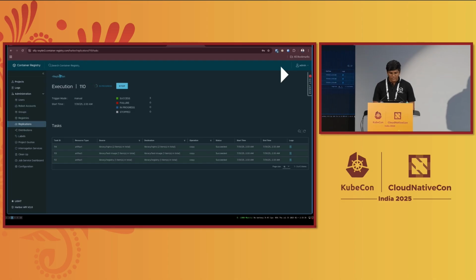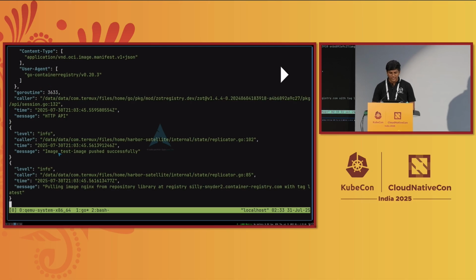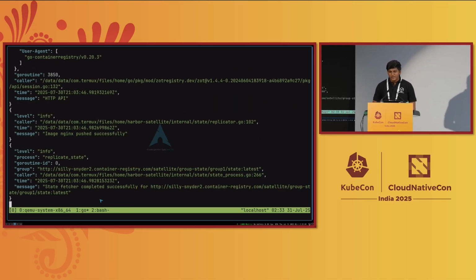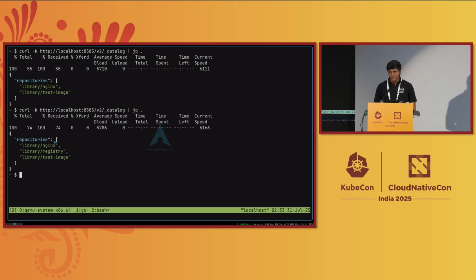Once this replication runs, you can see that satellite reconciles itself to have the extra image, which is registry. Now when we run the catalog command again, we can see there are 3 images present in the satellite. So this is zero touch on the satellite. You just deploy the satellite and you forget it, and it's going to work.